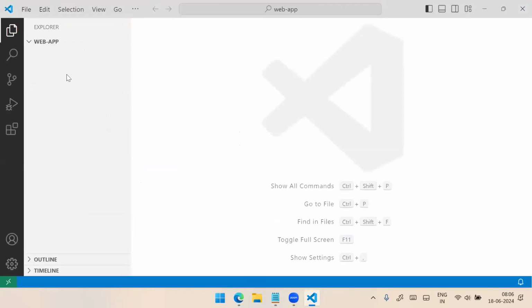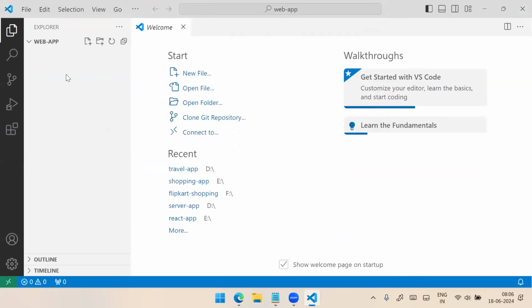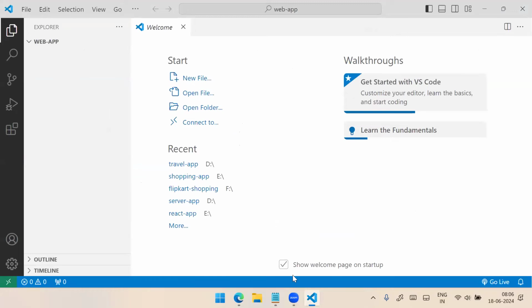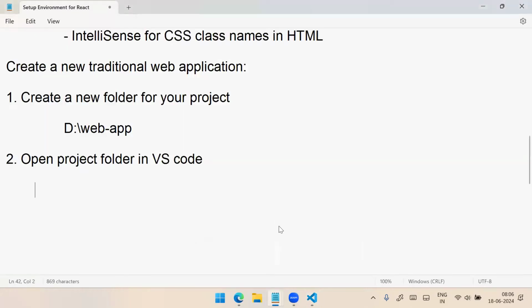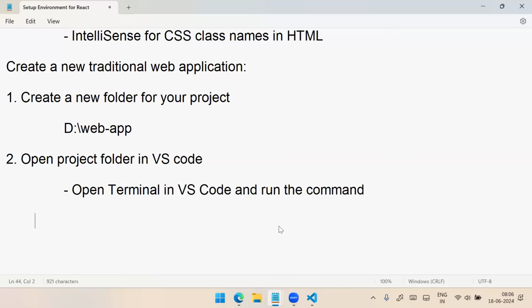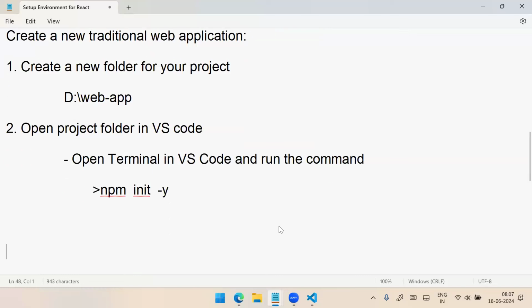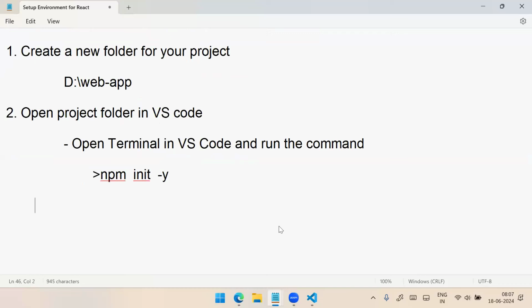Now currently this folder is empty. I need to set up this like a project. So what is the basic environment here? First step, you need to set up a project. Open the terminal in Visual Studio Code and run the command npm init -y. I hope everybody knows this, because when you create a project,